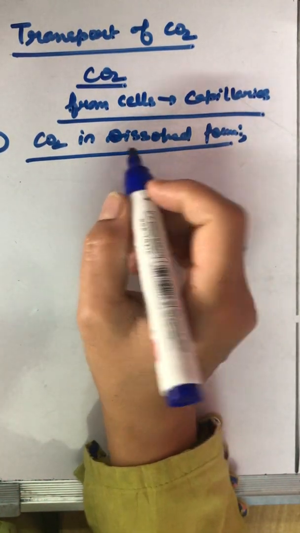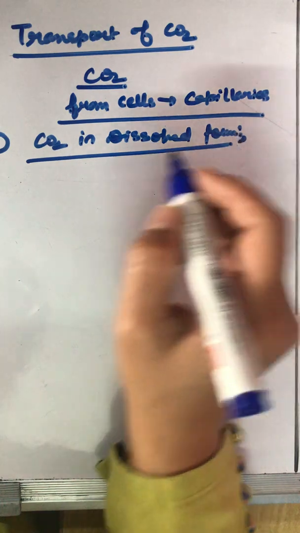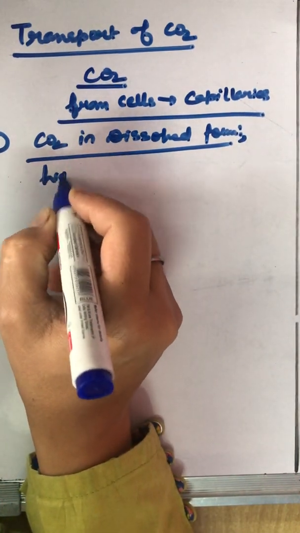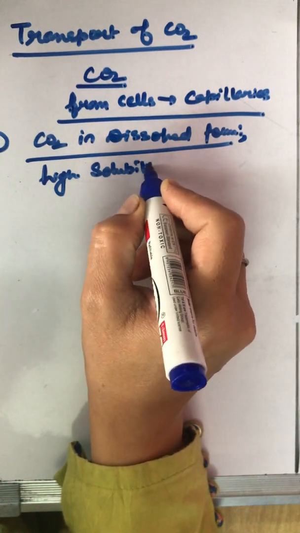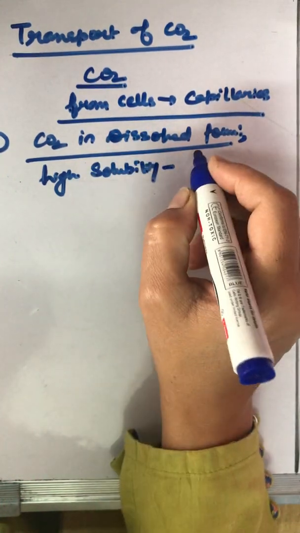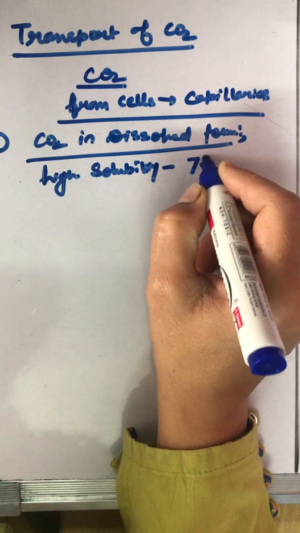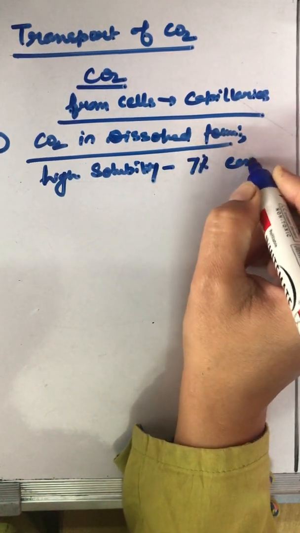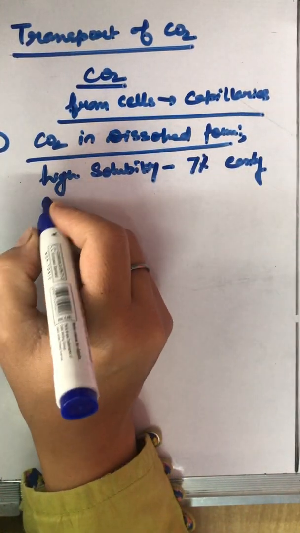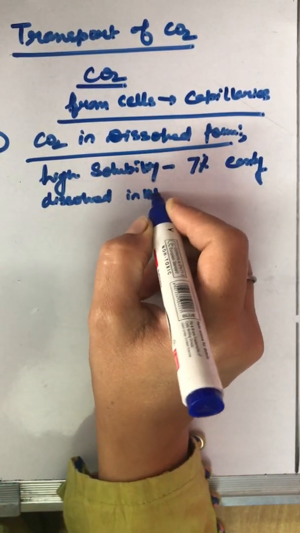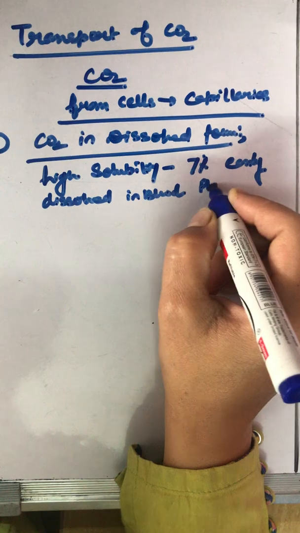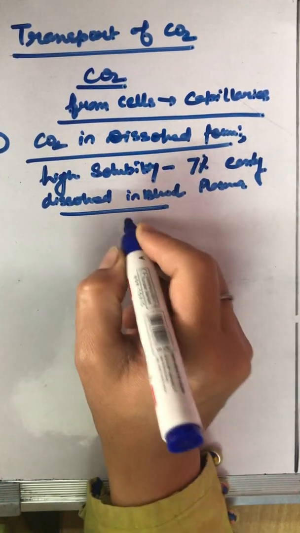And when we say it is in the dissolved form, it means due to its high solubility, about 7% of carbon dioxide can be easily dissolved in blood plasma. And then from here it is carried to the